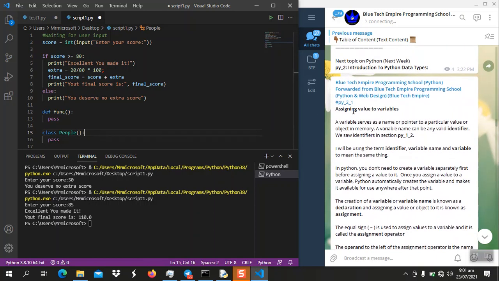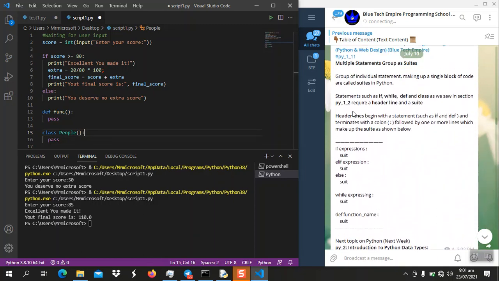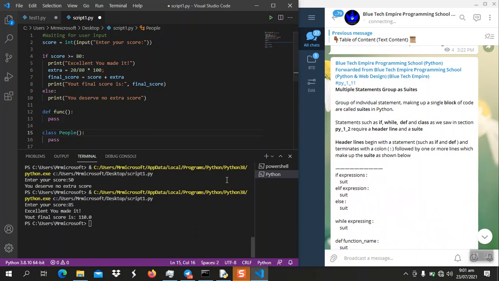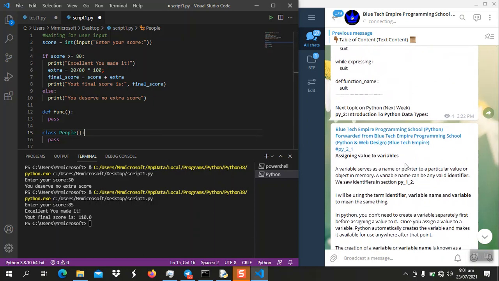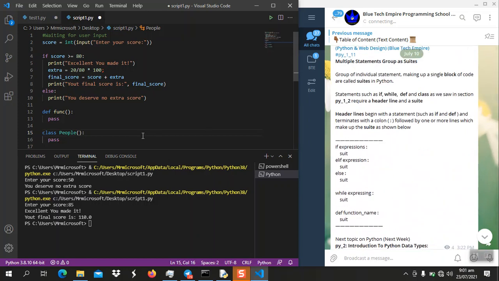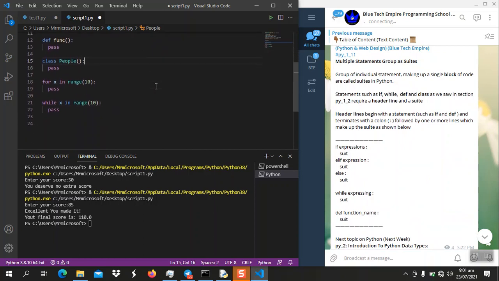So we're going to look at that, and I think this should be the end. We're going to continue from the next tutorials with assignments, values to variables, and all those. So you're going to understand what that means. At this point, I would say this is the end of this tutorial. We have learned multi-line statements. We have learned quotation marks. We have learned comments in Python, blank lines, waiting for user input, multiple statements,